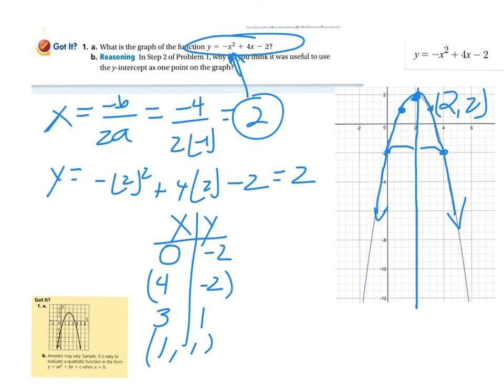Part B of this asks us, so in step 2, problem 1, why would you think it useful to use the y-intercept as one point on the graph? It's any number of things you could say, but x equals 0 is just an easy point to pick because it automatically yields literally just that c. When the two x's are 0, it yields just the c, in this case -2, without really any work. And I'm about the easy stuff, so